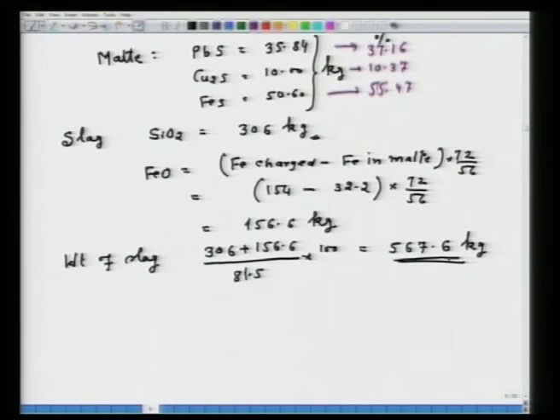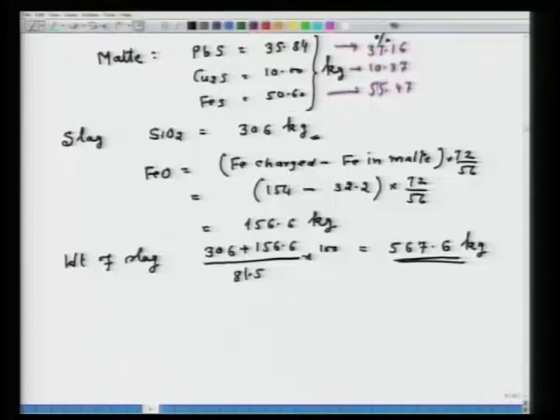Once again, in order to calculate the amount of calcium carbonate which is being asked in the problem, you must be wondering why I have calculated SiO2 and FeO, because the problem says that the slag contains 18.5% calcium oxide. So, unless you calculate the amount of slag, you cannot calculate the amount of calcium carbonate, or if you have another way of calculation, I do not know. Think of. So, weight of slag I got now. Now, I can calculate calcium oxide in slag, that will be 105 kg,